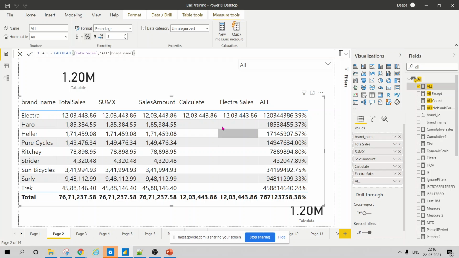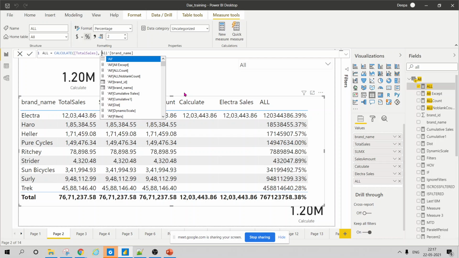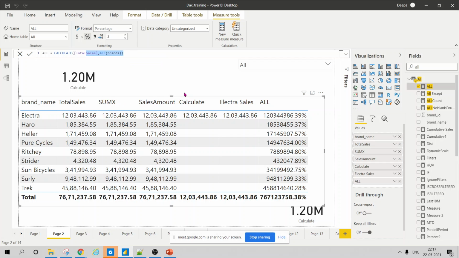It is giving me all brand names for this value, total sales and all brand names. But now what I wanted was, I just said that don't filter anything of this brand table. So it is not filtering anything of this brand table, which is fine.